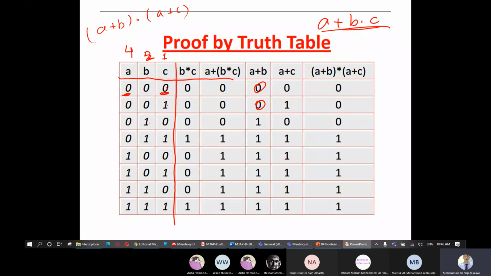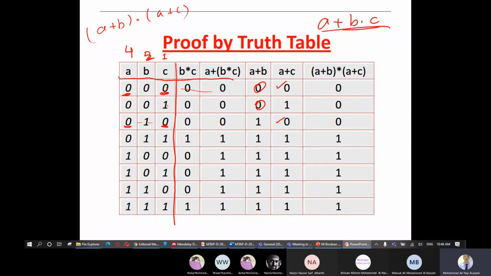Now 0, 1, 0, 0. This also, A and C both are zeros. That's it, right? Then I'll put here 0, and I'll come to this case and put 0, and the others are 1. سهلة صح؟